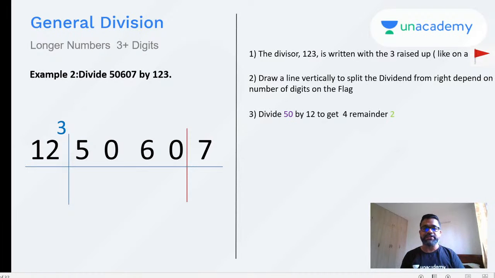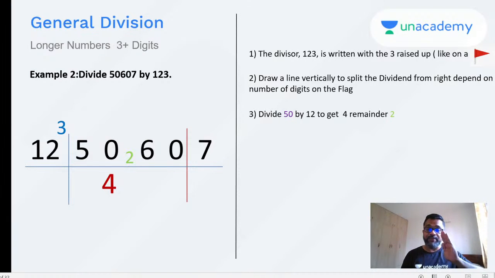You'll be able to master this trick. 50 divided by 12, what do you get? 4, remainder 2. How? Because 12 fours are 48, and 50 minus 48 is 2. So it's 4, remainder 2. Now my next number is 26, but you also have to do some calculation in your head. Mentally keep that ready. What will you do? You will take 26 before you divide by 12.